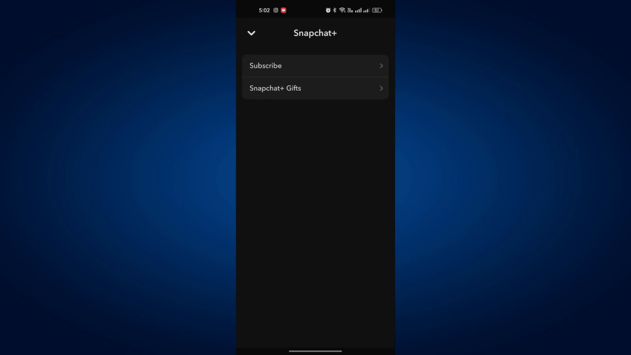From here, select Snapchat Plus Gifts, and in the top right corner, tap on Gifts Received. If someone has gifted you Snapchat Plus, it will appear in this section and you'll be able to use it